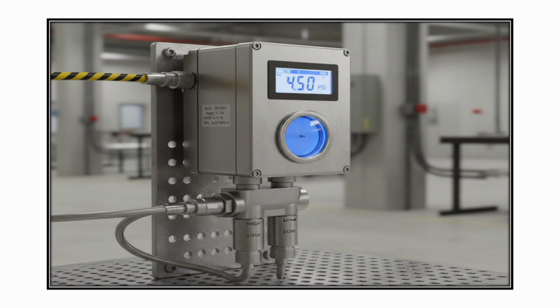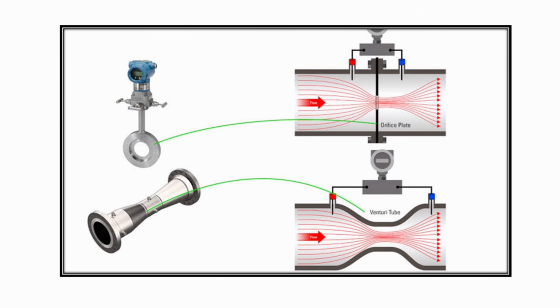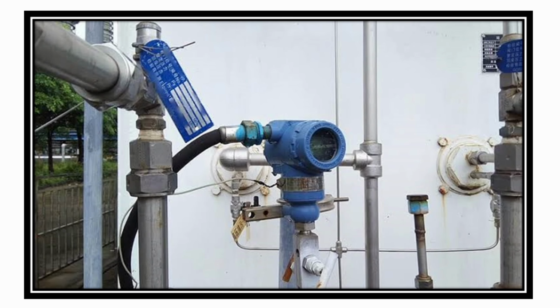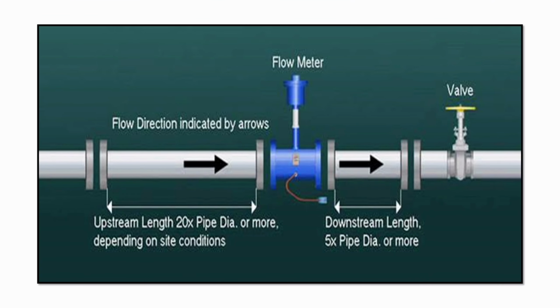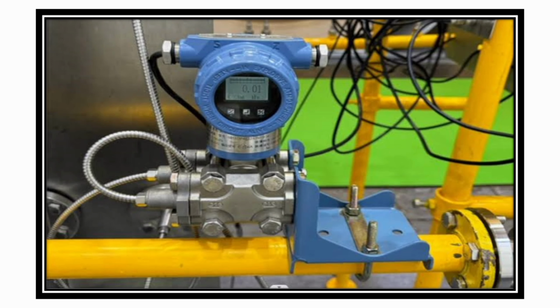How does it work? The differential pressure flow transmitter consists of a primary element, such as an orifice plate or venturi tube, which creates a pressure drop in the pipeline. The transmitter measures the pressure difference between the upstream and downstream sides of the primary element. This pressure difference is then converted into a flow rate signal, which can be displayed on a control system or